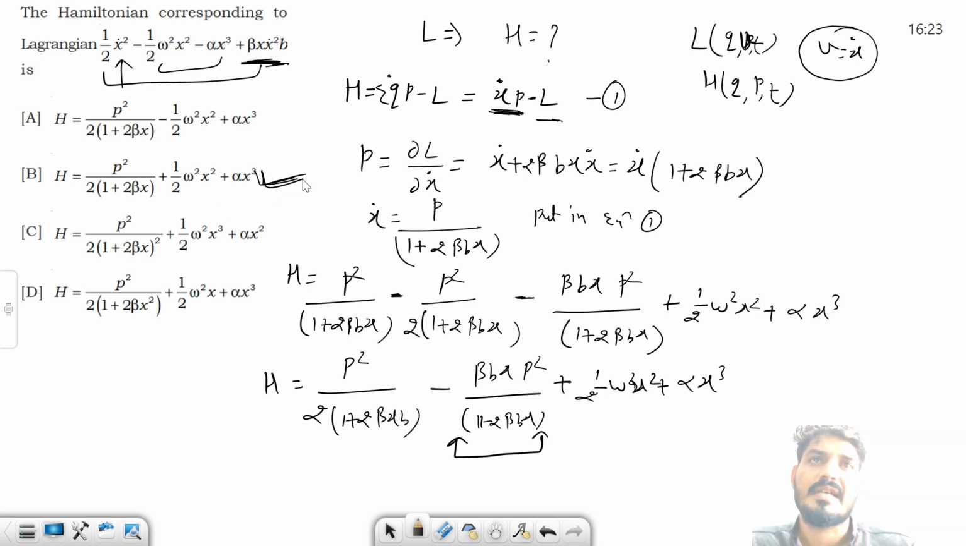B is the best answer. Somehow they have missed this term. Okay. So the important thing is whenever you are converting from Lagrangian to Hamiltonian or Hamiltonian to Lagrangian, so what